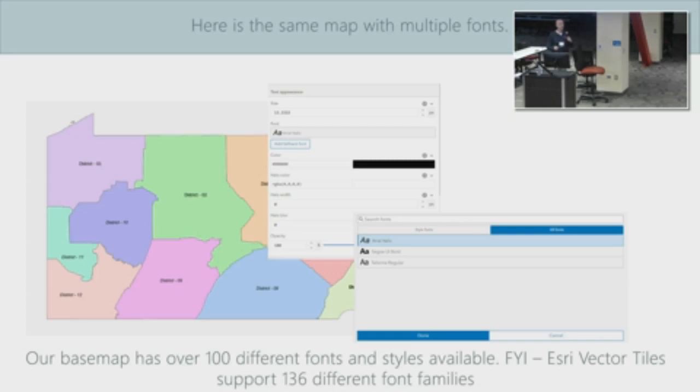So what we did is we labeled everything like I showed you before, and I picked a different font and different family for every single one. So counties, I would do in one font. Municipalities, a completely different font. Everything, and then I would add bold to it. I'd make it italics. So what happens is when you go into that vector tile editor, what we have now is over 100 fonts to select from rather than just one. And that took me forever to find out.